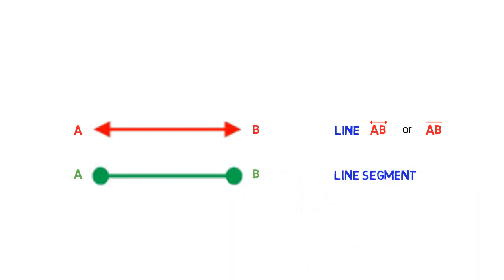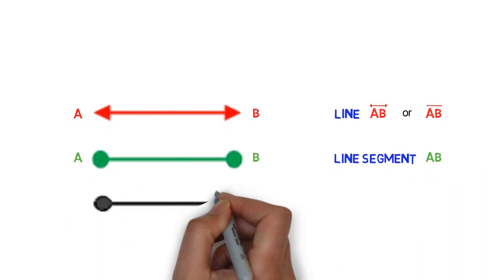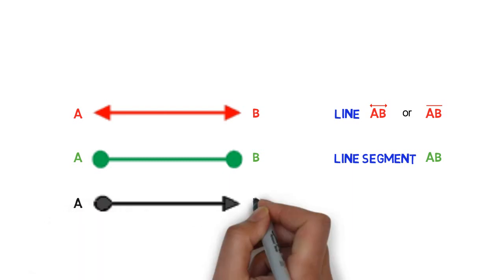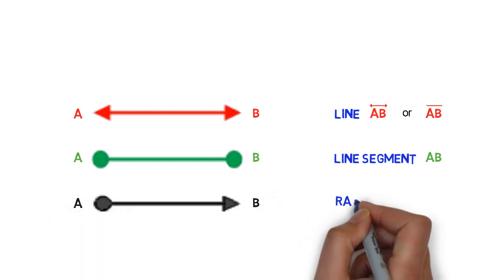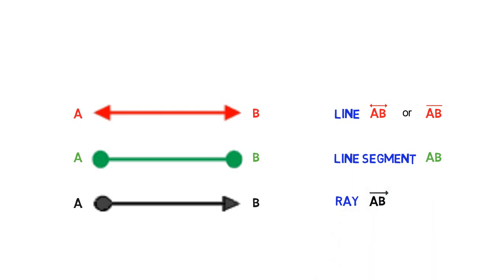Now let's consider the third one, which I'm trying to draw in the black color. So this is unidirectional. In one direction, I can extend this as long as I want. So this is called ray. Now suppose if I try to draw two different lines, and these two lines are in this way, like I can extend this as long as I want, but it will never intersect each other. That means it will never cross each other. These kinds of lines are called parallel lines.